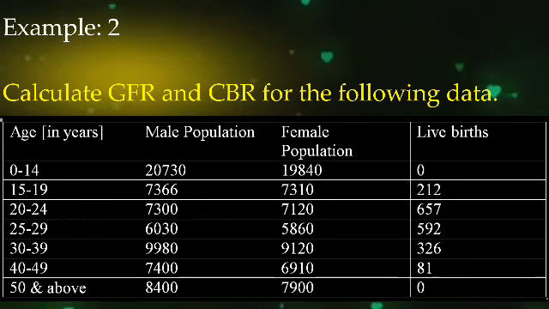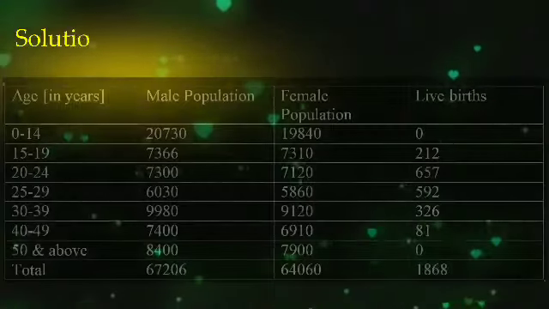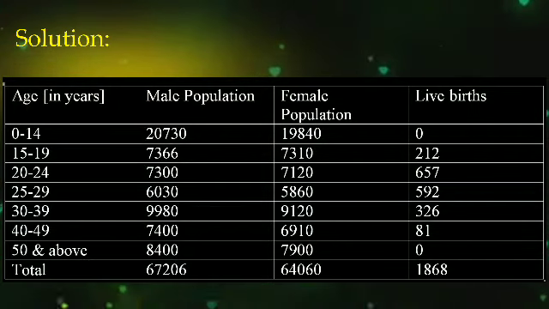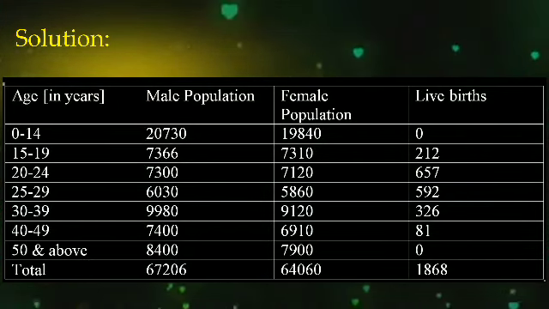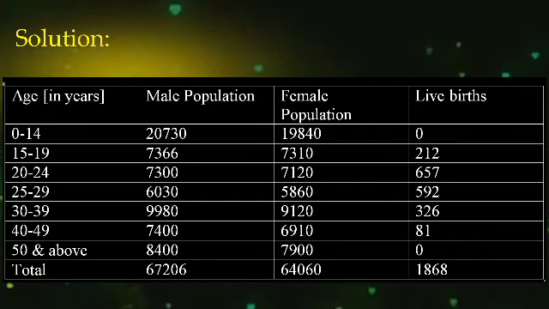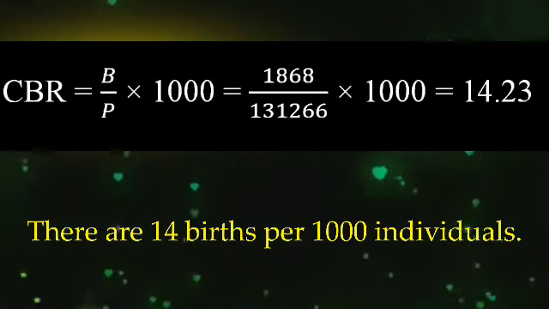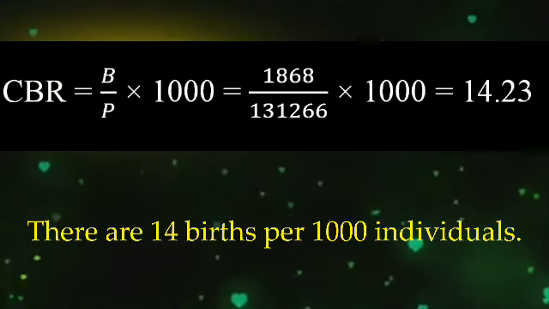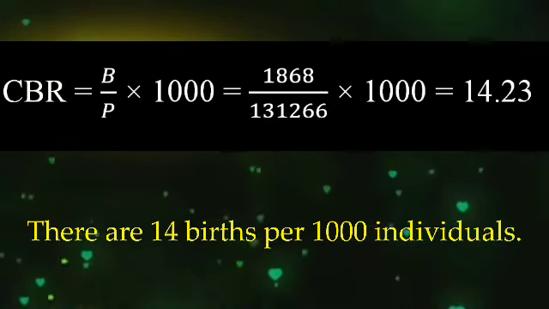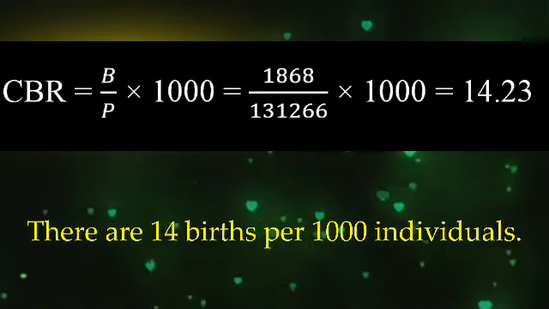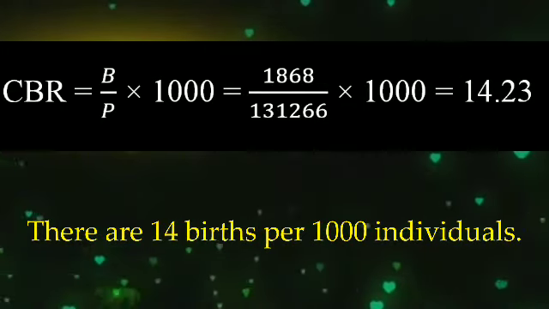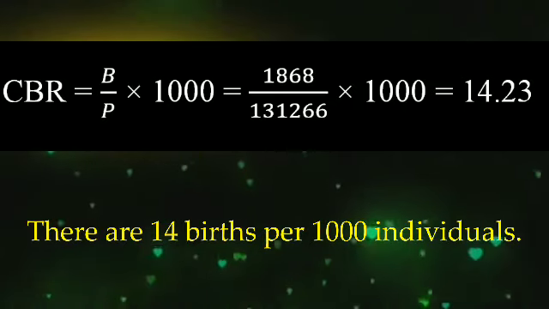Now in order to find the CBR, according to the formula, CBR is B divided by P multiplied by 1000. You should find total number of births. So in the solution part, draw one more table, include one more row to find all the total values and find the total of the second, third and the fourth column. Now B is 1868, that is 1868 divided by, for CBR you should consider the total population, total of male